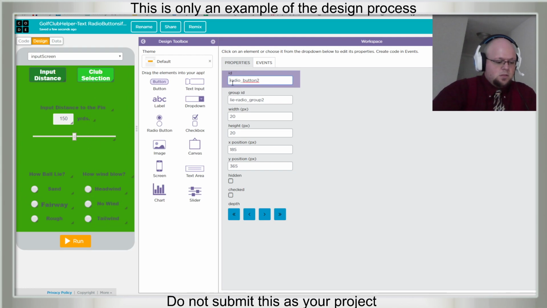No wind radio button. What happened? Oh, I hit end. No wind radio button. And this is called tailwind.